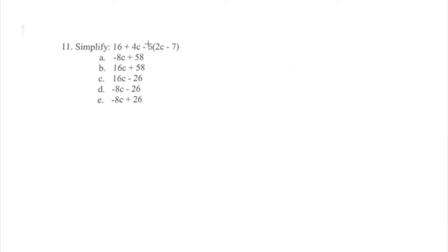The first thing for PEMDAS is parentheses, and one thing we can do with this is distribute. So let's distribute the 6. We're distributing the negative 6. Don't forget the negative, which is going to be negative 12c, because negative 6 times 2 is negative 12, and then the c, and then positive 42,